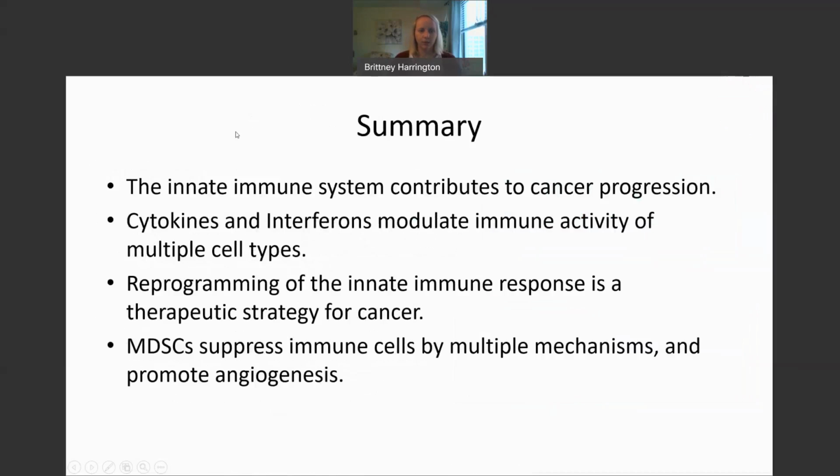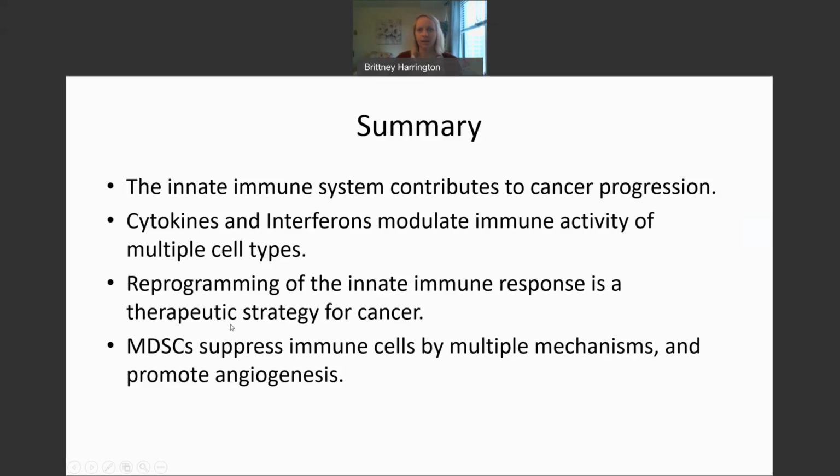So to summarize this lecture, it's not just the adaptive immune system that's involved in cancer progression or can be used in therapy. The innate immune system has a strong role and is a subject of further research for its use in therapy. So cytokines and interferons in particular can modulate the immune activity of multiple cell types, and again, not just the adaptive immune response. They're very important in the innate immune response. And again, we can start looking into this type of response for targeting and augmenting this activity